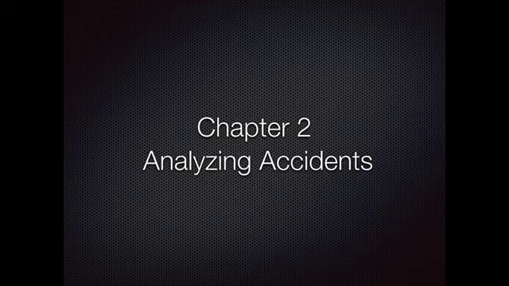What we want to do in this chapter is look at three common causes of accidents. By looking at these three conceptual causes of accidents, we hopefully will make ourselves better engineers, but will also help us to be better moral persons. So we'll be able to look at a situation and anticipate the sorts of things that might cause harm to others. As we go on to chapter 3, we'll look at design and harm. But before we do that, we want to look at what things cause accidents and what things are under the engineer's control.